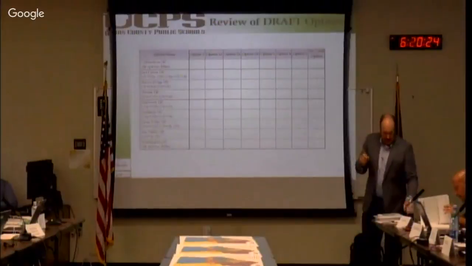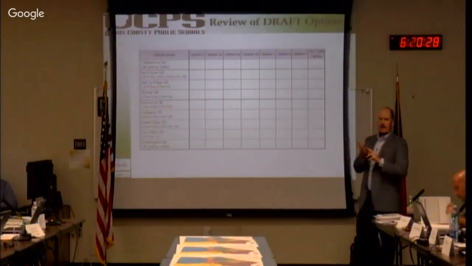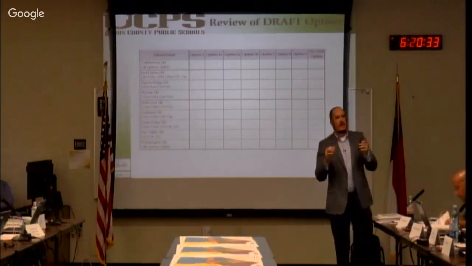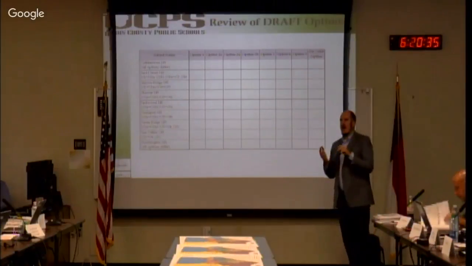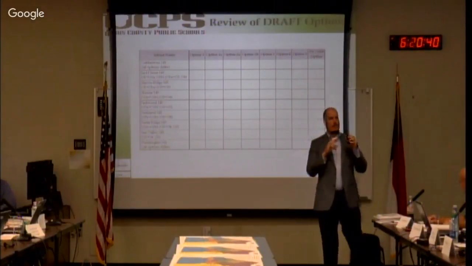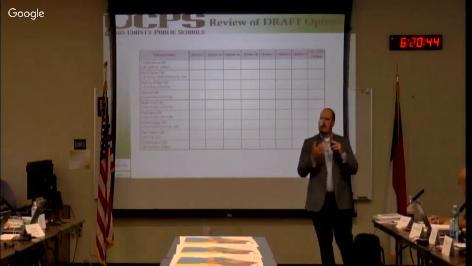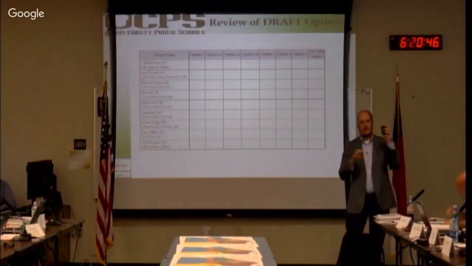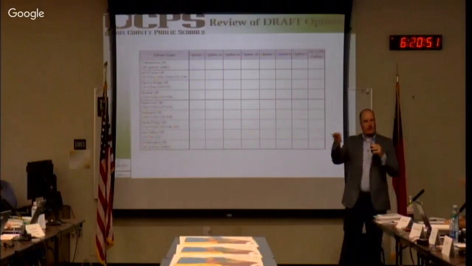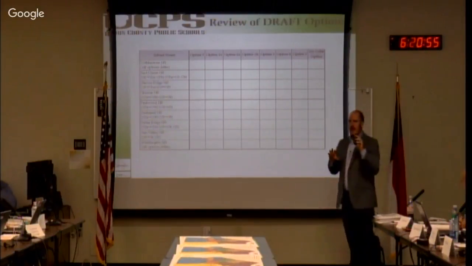One more thing before we get into this school by school exercise, a little bit of background on options 3 through 5 to give you a heads up on some of the changes that were made. Options 3 through 5 primarily have adjustments in the west end with Parkwood, Cuthbertson, Weddington, Marvin Ridge, some things with elementary schools with Rayview and Marvin, and things along Providence Road and Newtown. There's a lot of variation in the new maps in that area.